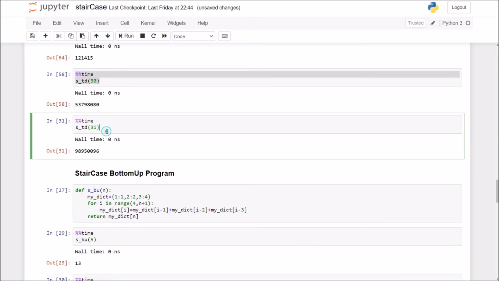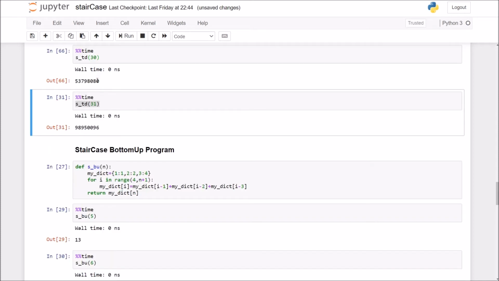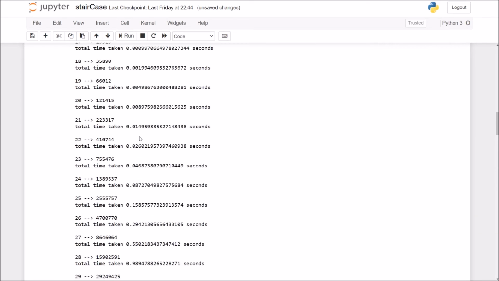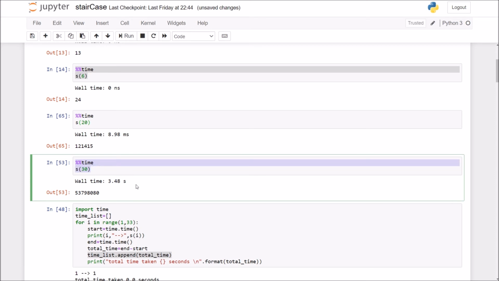Now let's calculate for 30 stairs. As you can see here, for 30 stairs, the answer is this big, and it is taking 0 nanosecond, basically a time which is much smaller than 1 nanosecond, and here through the recursive method it is taking 3.48 seconds, which is basically some 4 seconds.